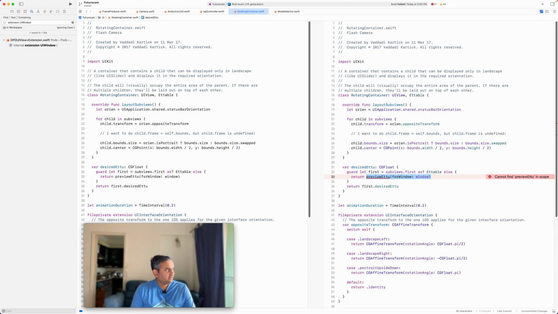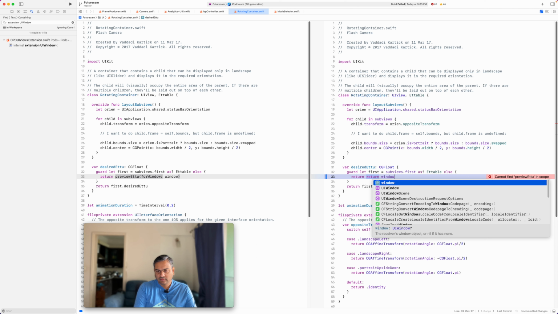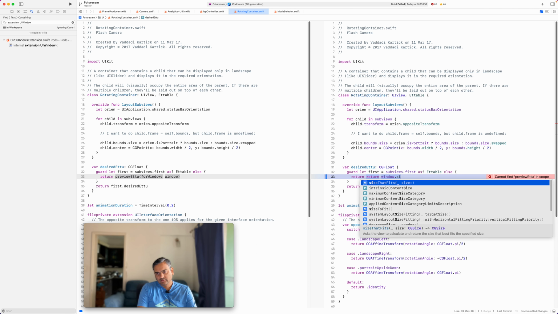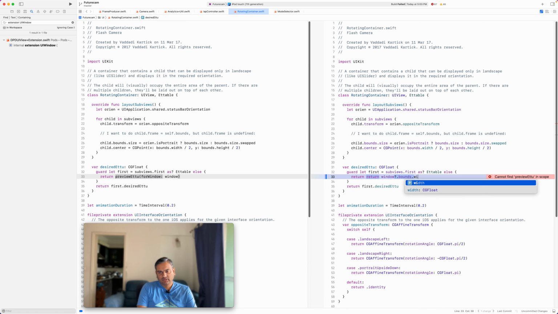So is the height. Return window dot width, window dot bounds dot width,